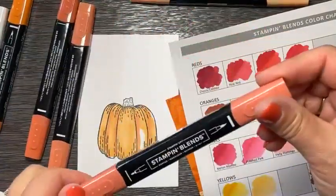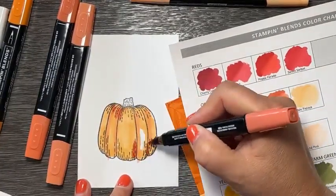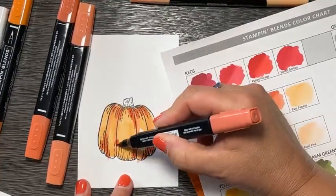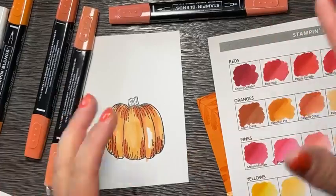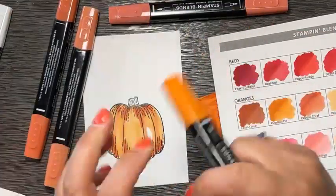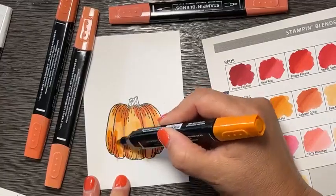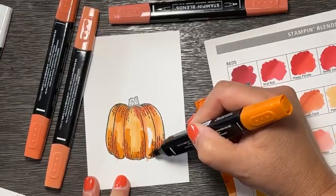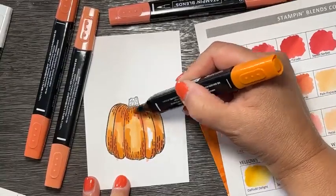I'm doing this kind of fast because I just want to give you an idea of how it's different when you have more surface area in your image, right? So I'm just adding now the dark Calypso Coral, and we're just working our way to the darker colors. And every time I go over those areas that are shaded with the new color, it just richly puts those colors together, makes a nice